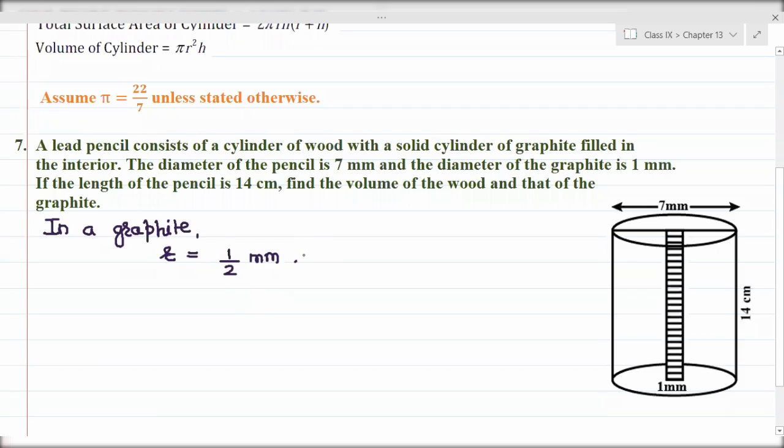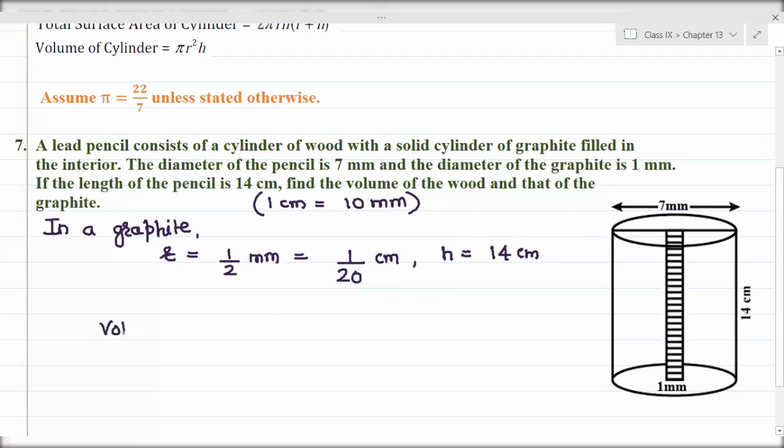Okay. And if I convert this 1 upon 2 millimeter into centimeter, so see, again I am going smaller to bigger, I will divide by 10. So this will be 1 upon 20 centimeter. For your convenience, I will write down 1 centimeter is equal to 10 millimeter. So if you are converting millimeter to centimeter, you have to divide by 10. Why are we converting? Because the height is given as 14 centimeter, and since height is given in centimeter, we shall convert both the dimensions in the same manner.